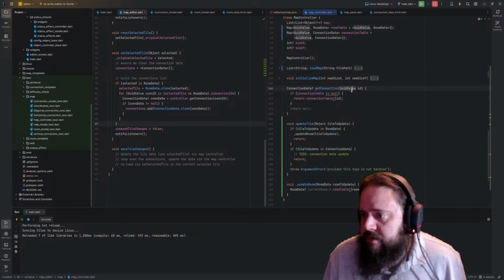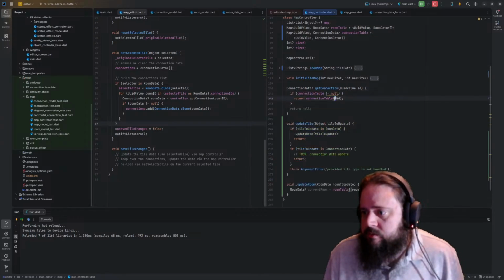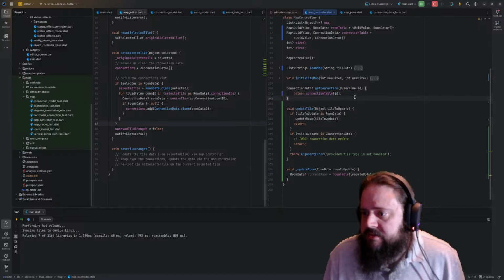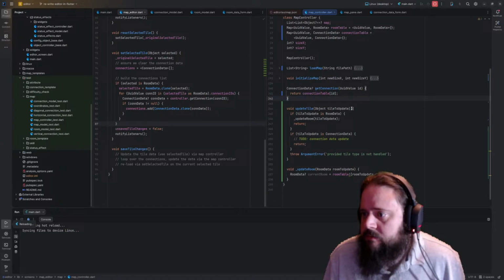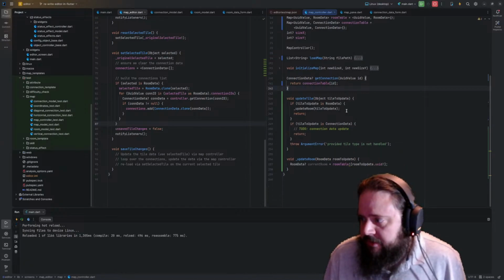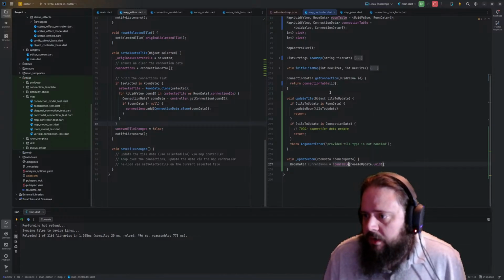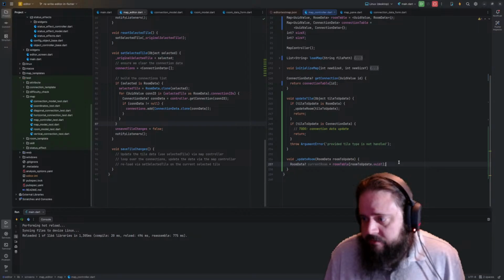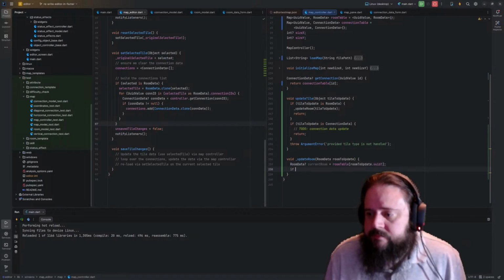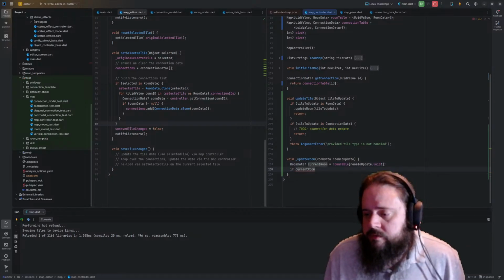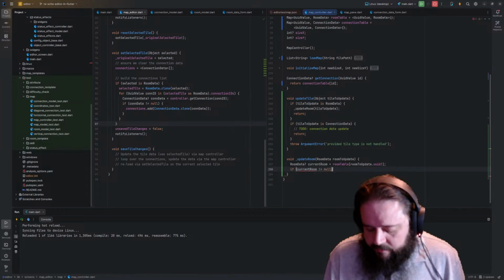Same with this, then I don't have to null check that at all. It's still nullable, that's fine. Because this could be null if it's not null, right? Okay, now down here, if you're not null,